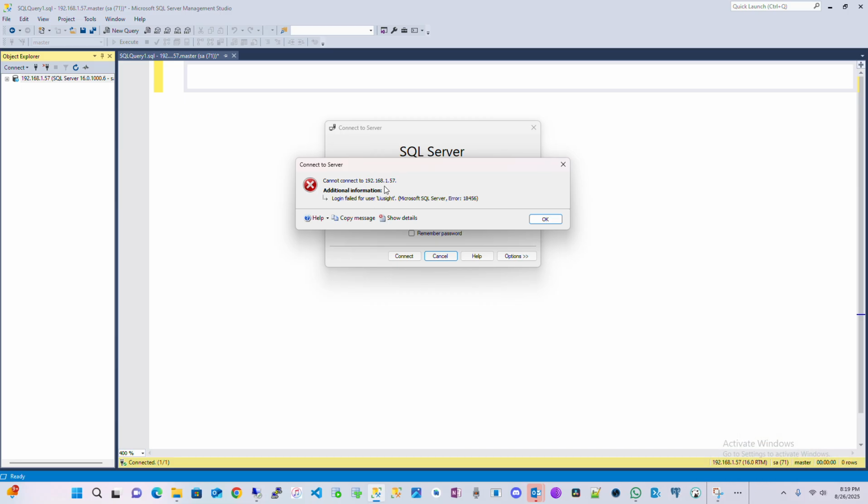Now, this is the type of error that you're going to get if you probably don't have access to the SQL Server instance, or maybe you have password issues or something related to your login. But in this instance, I don't have access, nobody does, and I'm going to walk you through the process of